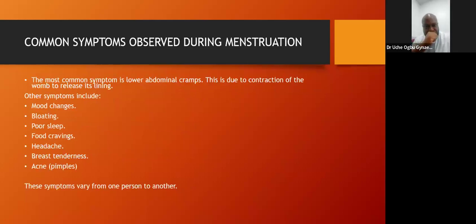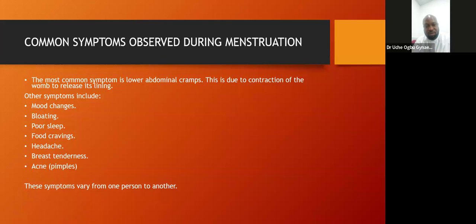Next slide. So let's talk about the common symptoms observed during menses. The commonest symptom observed is the lower abdominal cramp, and usually it varies from one person to another. The lower abdominal cramp is because of the contraction when the womb is trying to contract to expel the blood that is accumulating inside it. It's usually more painful in ladies that have not